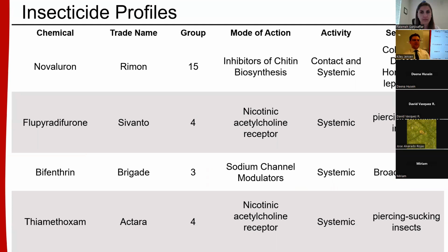Here are the insecticides that I tested. Again, I'm using the registered field formulations of these insecticides, not the active ingredients, so I'll refer to them by their trade names. That is Ryman, Savanto, Brigade, and Actara. We don't have that same group trend that we had with the miticide work. There are 2 group 4 insecticides here that we tested, but there's actually no concern of cross-resistance between these 2 chemicals because they're in different subclasses and the insects develop resistance to them differently. The activity of the majority of these are systemics, and most of the products are selective